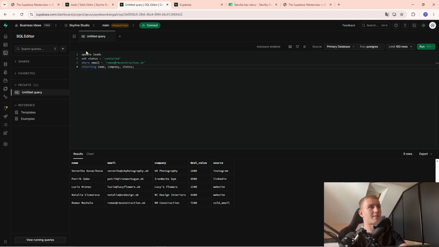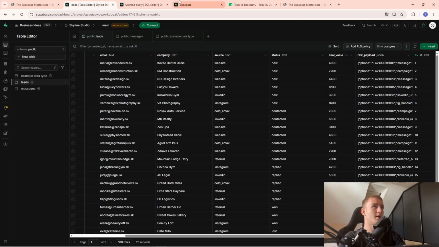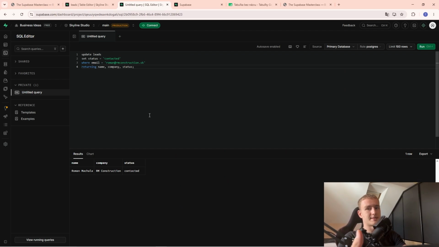So just come in here, update the lead, set status contacted, and where email. You can change this email to whatever the information is, whatever the email is, but I will keep it as is for now. And we are basically just updating the lead. So whenever you contact the lead, you send this over. Now you know that you have contacted it. If you wouldn't have done this, you might contact it twice. And also you can integrate Supabase with, for example, GoHighLevel or other CRM. So automatically when you make a change like this in here, it will make a change